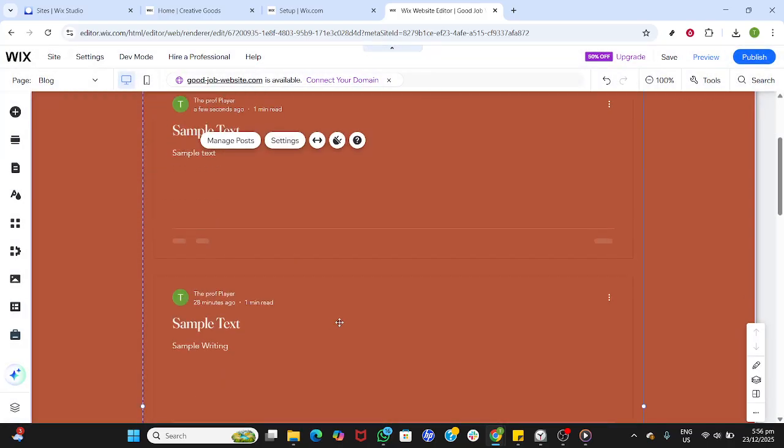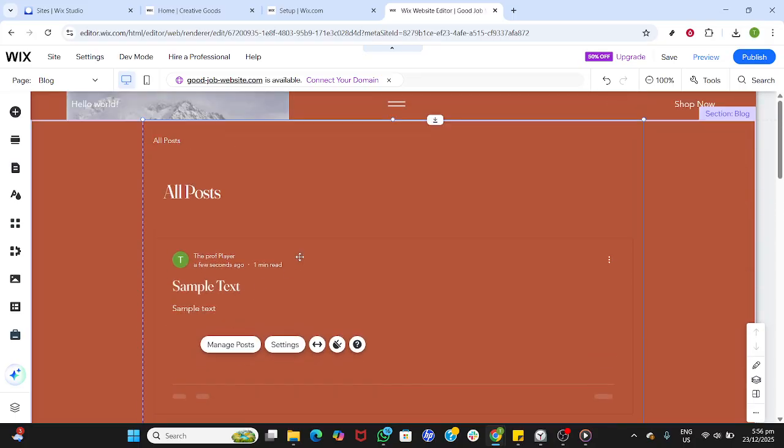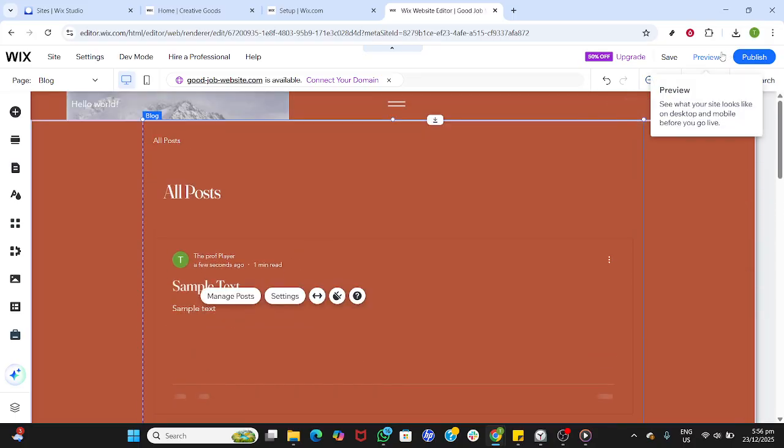Finally, click View Site to open your live website and confirm the blog page and your new post are visible and working as expected. That's it. You've added the Wix blog, created your first post,